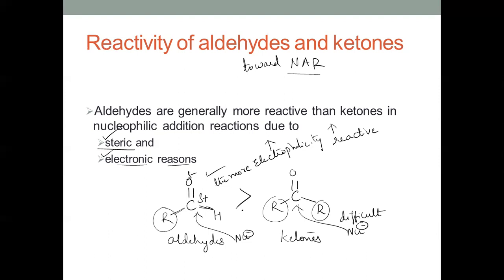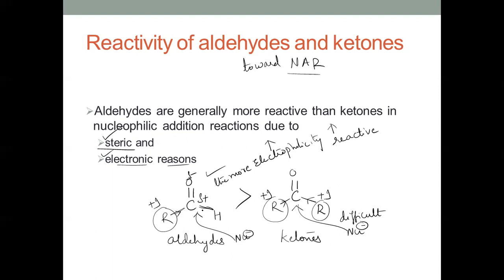But when we look at these aldehydes, this R group, you know that it is a plus I effect group. That means it will donate electrons, these alkyl groups being electron donating towards this carbon, thereby decreasing the electrophilicity of this carbon, by sharing the positive charge which is present on it through this R group. But when we look at ketones, there are two plus I effect groups. That means the electrophilicity is decreased to a greater extent in ketones when compared to aldehydes.